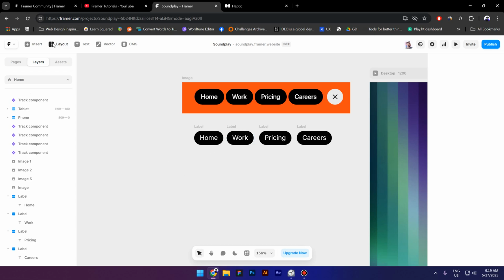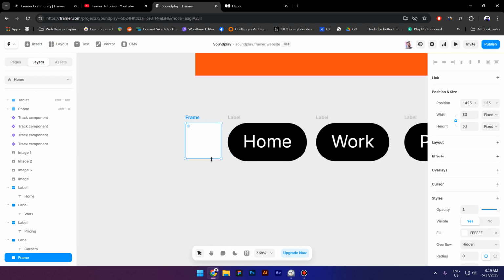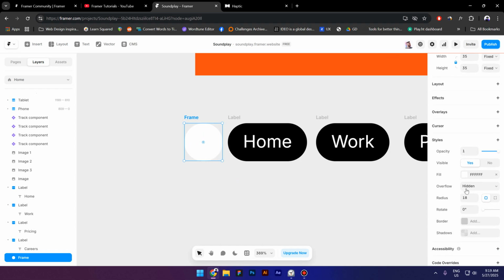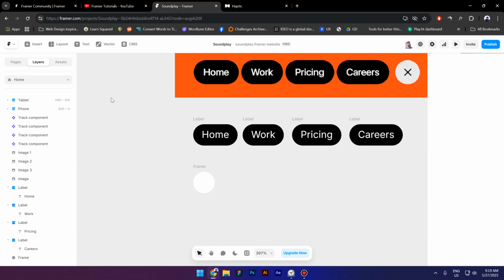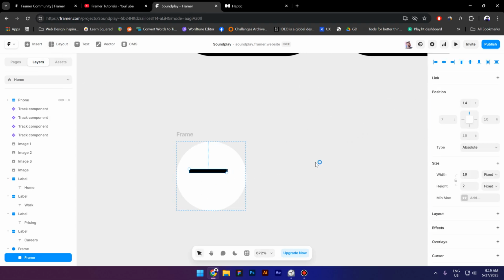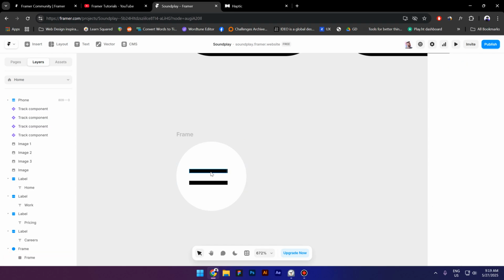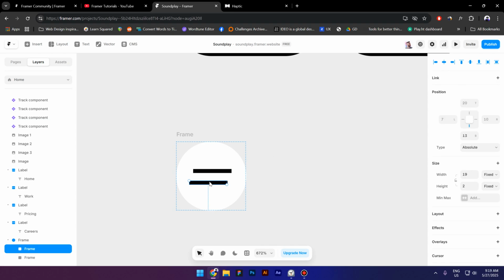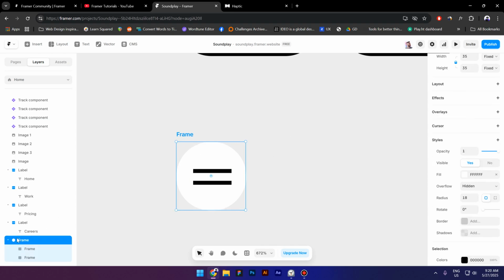So I will create another frame, make it the same height, increase the radius, make it a circle. Let's create 2 frames inside, 2 pixels tall, duplicate it, 4 pixels gap, make sure it's centered. Now call this icon,